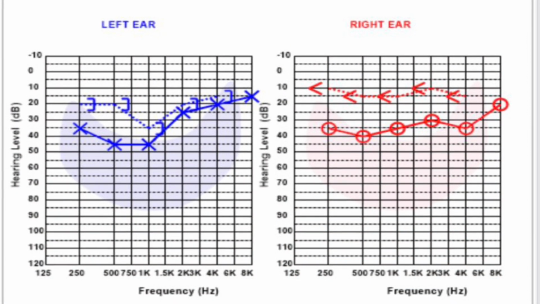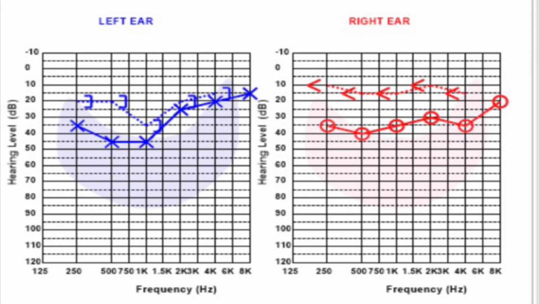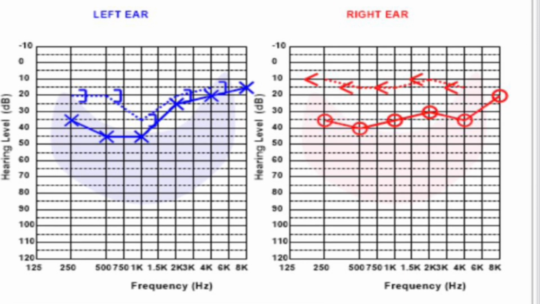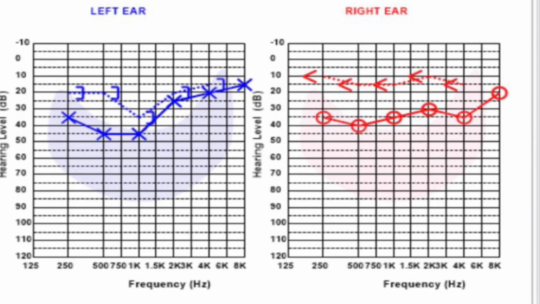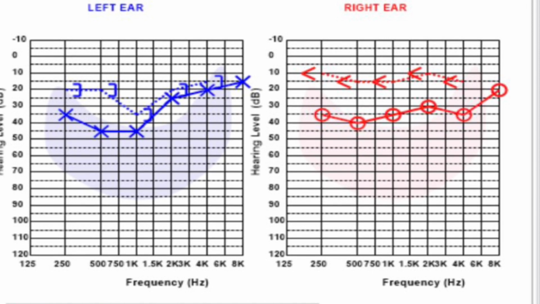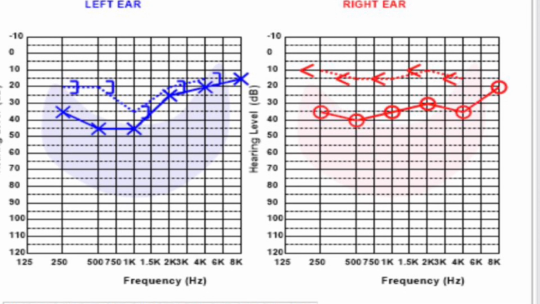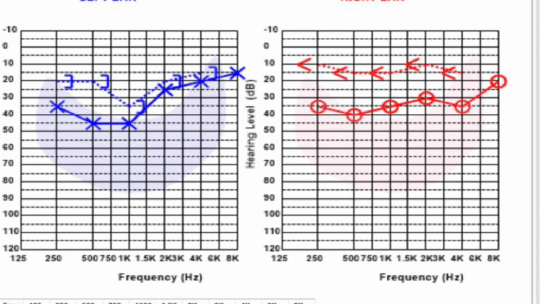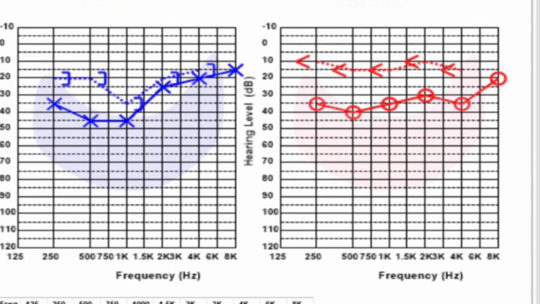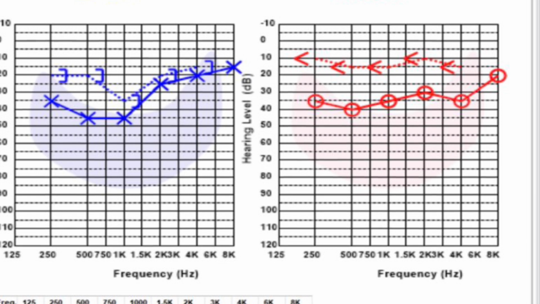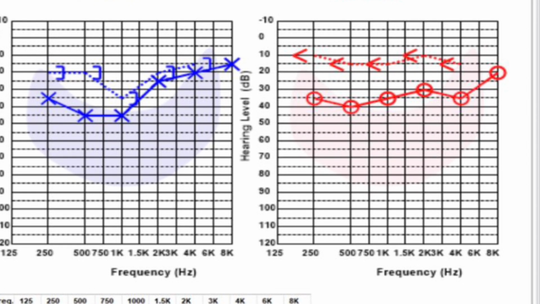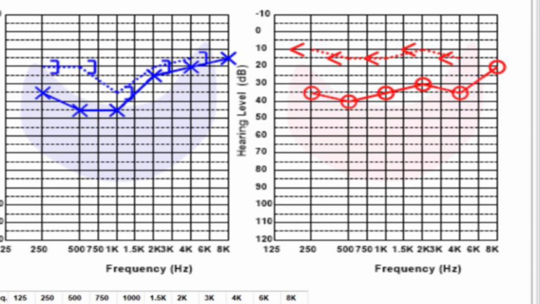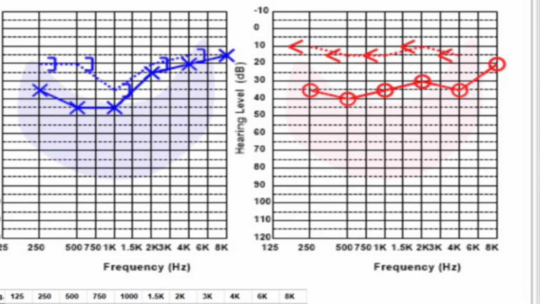This lower line ultimately gets added to the upper line because this adds to the nerve hearing. Each graph is represented by a dot in the form of some symbol which corresponds to that particular frequency tested and the hearing threshold achieved during the test. This forms a graph. If the graph is lower, that means the hearing loss is more. So suppose a patient has a perforated eardrum, then his lower graph would be affected more. But if the patient has a nerve hearing loss, like in old age, then the upper graph will be lower.